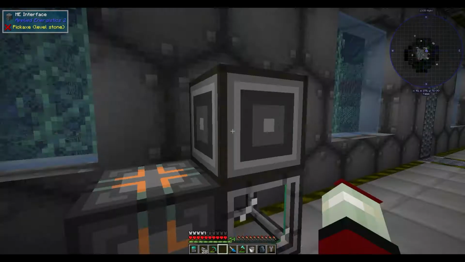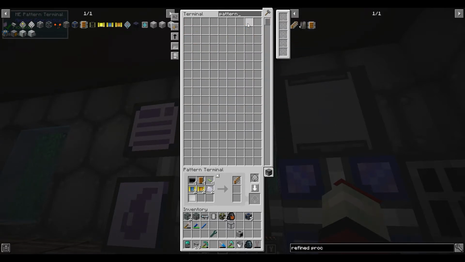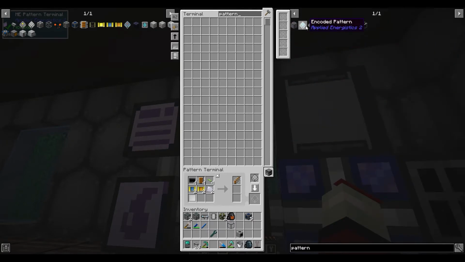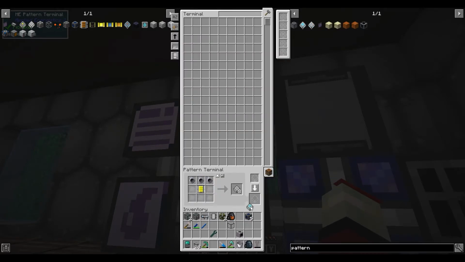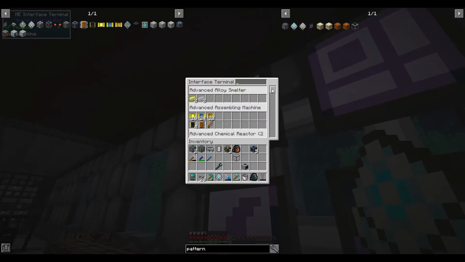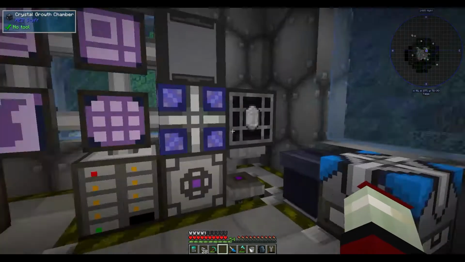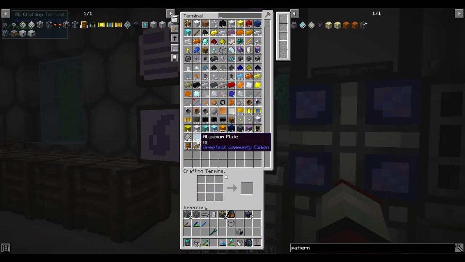And if I drop the final thing I need, which is a pattern, here we are. I must set that to crafting mode. Add that in. Our final pattern goes in here. Let's just show it up on this one. So molecular assembler, drop that in there, and you can actually just see there's my pattern there. So in theory, when I go, I would like